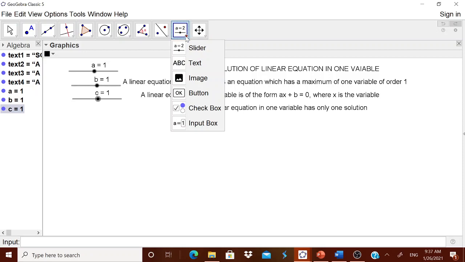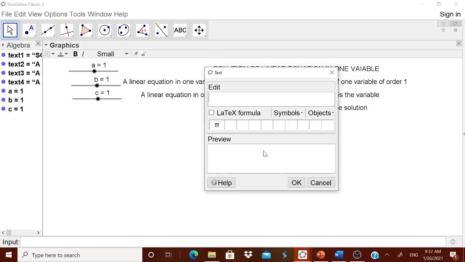Now what you can do? We can go for the slider now. Therefore, you can write the equation now. Therefore, the equation is